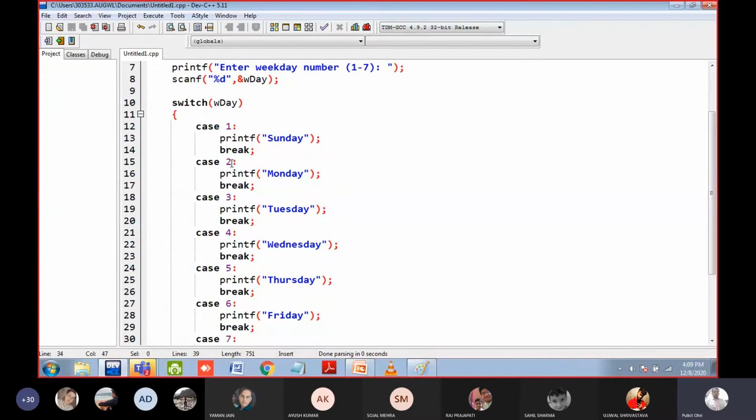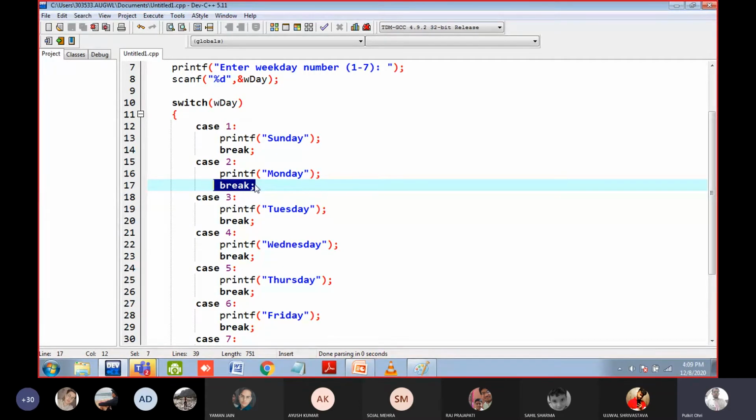So you can do the same thing with the help of if else, but if you use the switch statement, it is easy to write, it is more readable, it is neat and clean code. But here remember, after every case you need to write the break statement. It is compulsory, you cannot skip it. Why? I will tell you later.